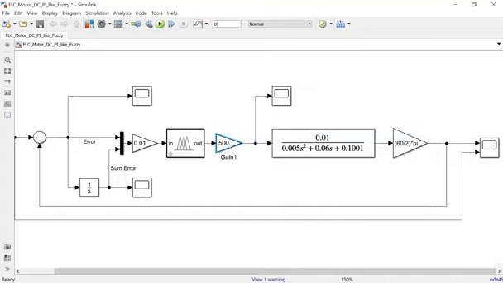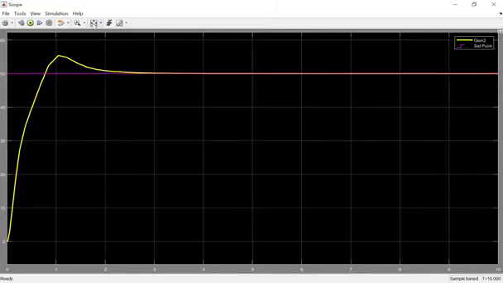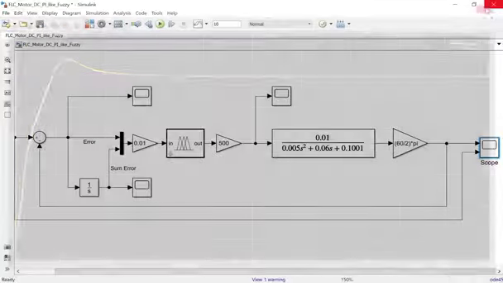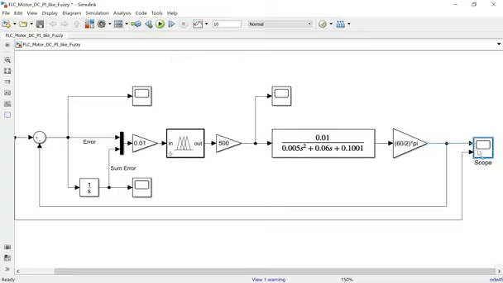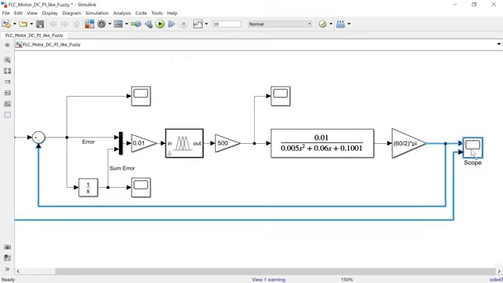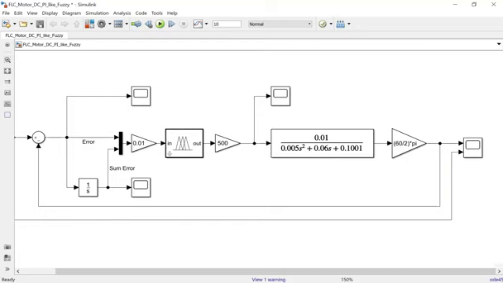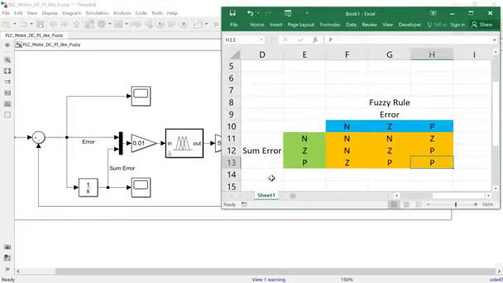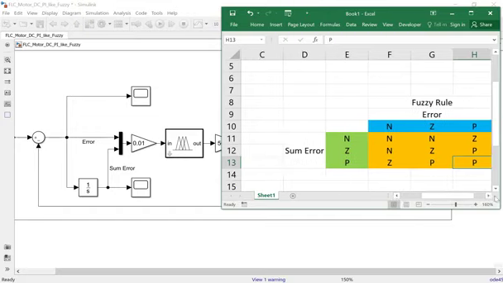So if the constraint in the PID controller is trial and error, in the fuzzy logic controller it is also trial and error here. It is the same, but the difficulty of the fuzzy logic controller is you need to design this rule beforehand, and not all people can design this rule.